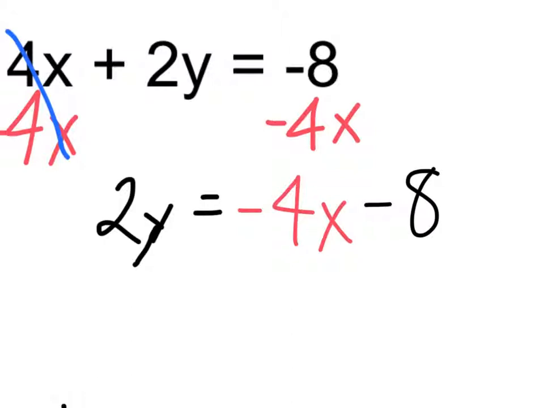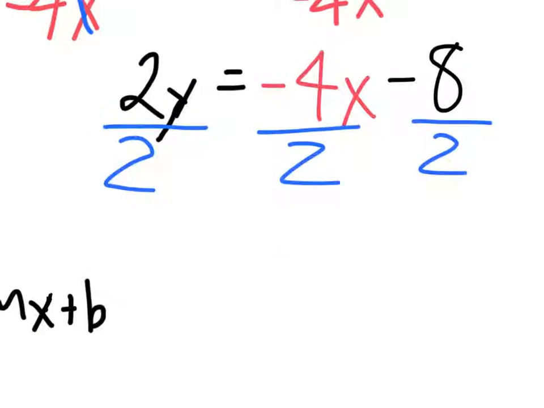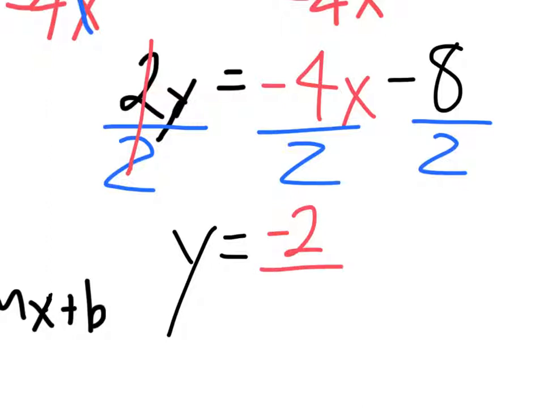Our next step is to divide by 2 on the left side because we want to get y by itself. And when we do that on the left side, we've got to do it to the right. And I know that 2 divided by 2 cancels out. So all that we're left with is y, getting ever closer to slope-intercept form. And now I see it's negative 4 divided by 2. Negative 4 divided by 2 is what? It's negative 2, or negative 2 over 1,